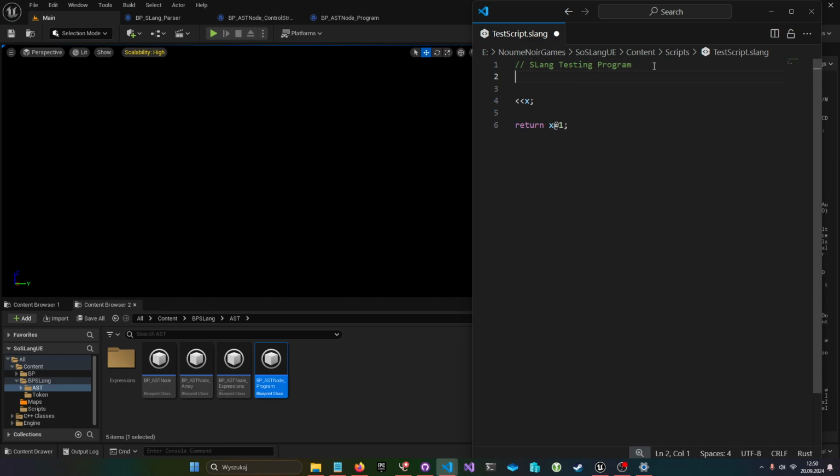Like in C++, if we wanted to print something out to the console, then we would have to do std::cout, then print something like hello, and then do this, and then end line, of course, with the namespace, and then this, and it's pretty long. And in my language, we just do this. If we do hello, then this is exactly the same as this in C++.